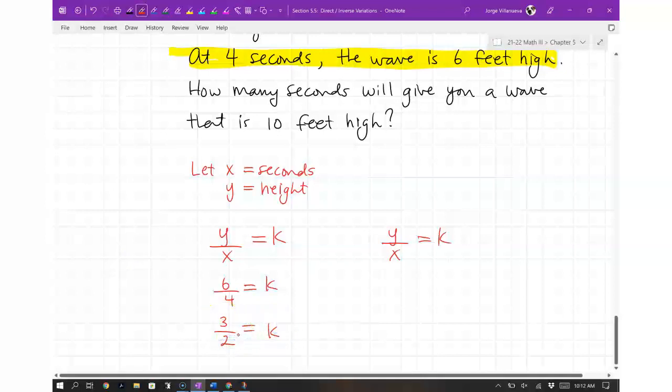Are you guys okay with this so far? Anybody have any questions on that one? All right, so